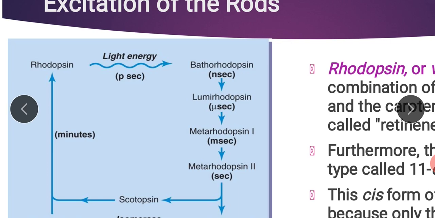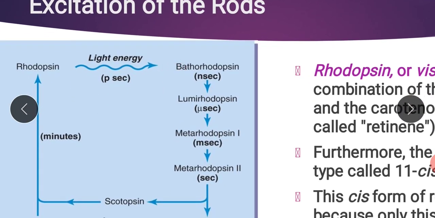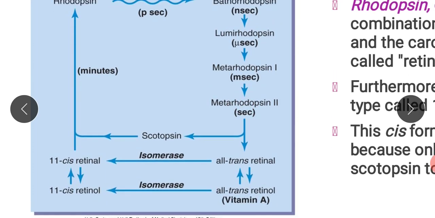Earlier it is made up of scotopsin plus 11 cis retinal. This 11 cis retinal starts to convert into all trans retinal, and during that conversion it is gradually separated from the scotopsin, and in between a few unstable products are formed: bathorhodopsin, lumirhodopsin, metarhodopsin 1, metarhodopsin 2, and finally